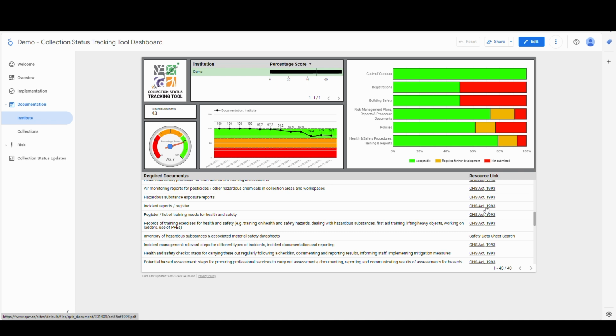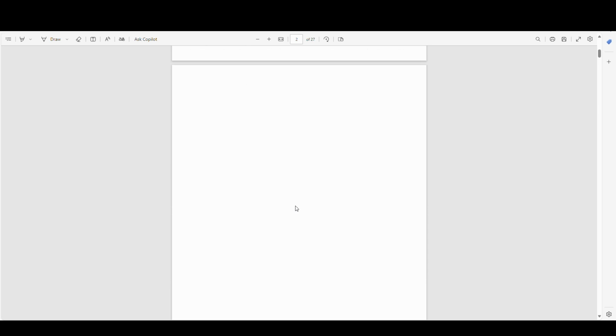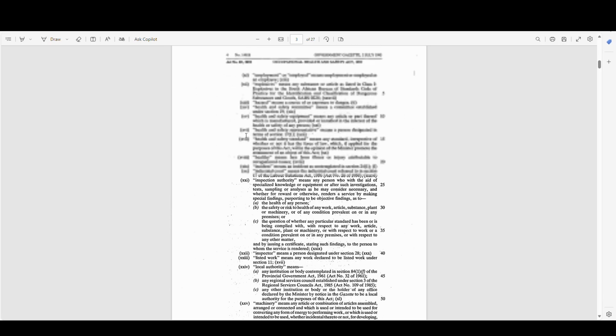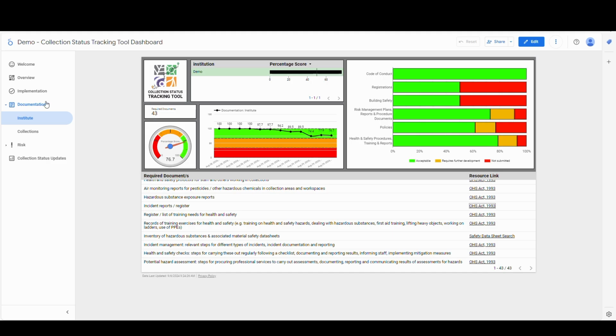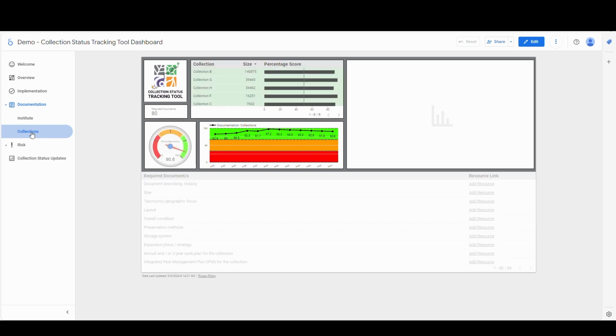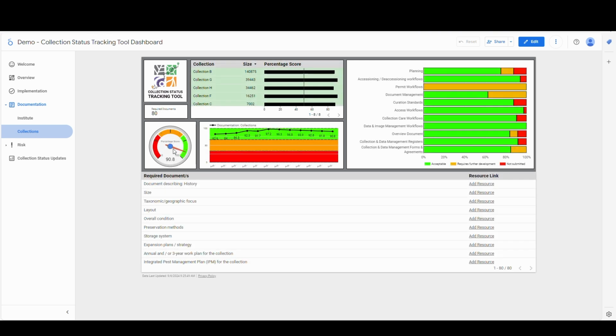Same with things like PDFs. In this case, we'll open up the OSH Act, the Occupational Health and Safety Act, that people can use when dealing with any health and safety stuff inside of their collections to get some guidance. Then the collections section of the documentation again allows us to select between collections, and here for overall collections the